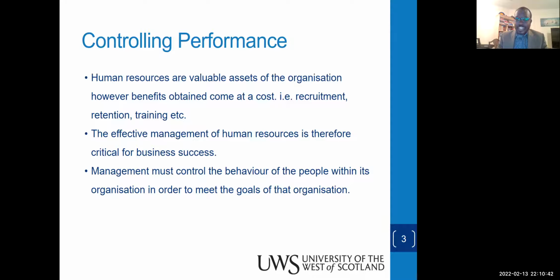But of course, we don't just pick them freely on the street. They come at a cost. The recruitment process comes with a cost. When you get them into the workplace, you need to pay them some salary, some good benefits to keep them. Retaining the clever or technically good people comes at a cost. Training them, developing them, all comes at a cost. So it's not free. They are the most valuable, so you must expend enough to sustain them and keep them at the workplace.